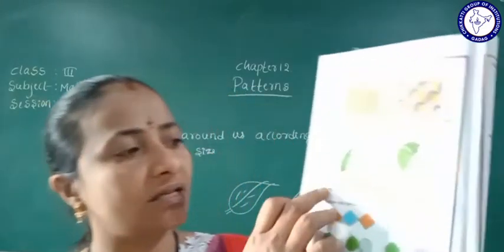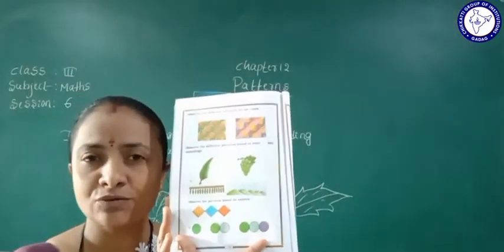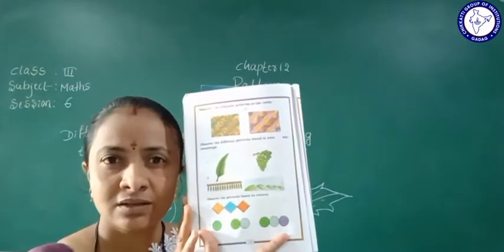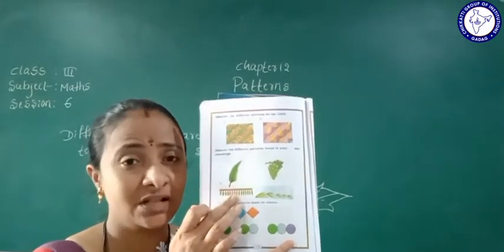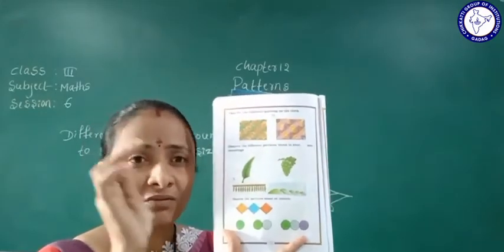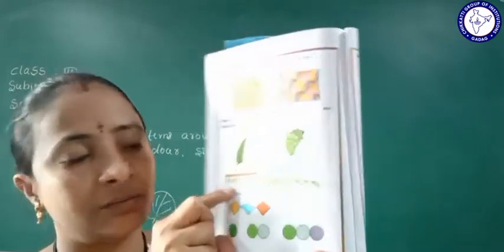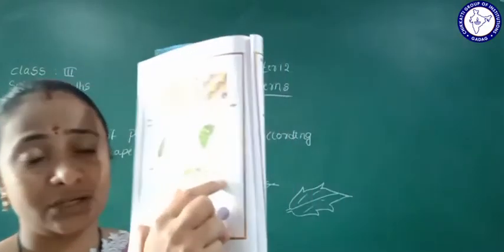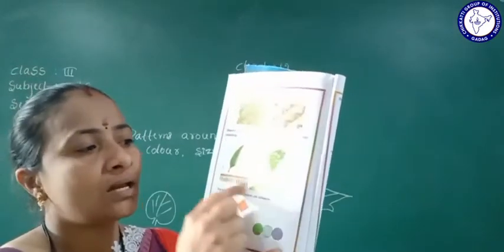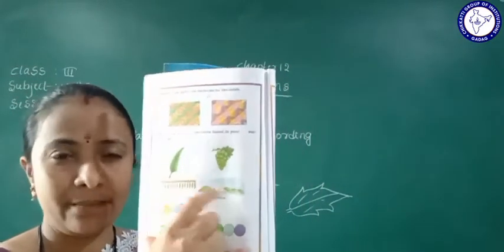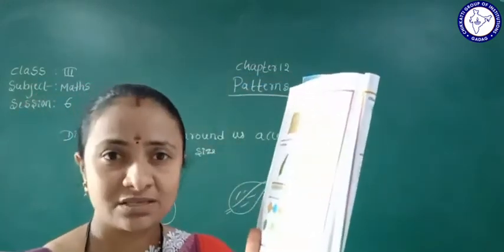Yes, so you can see here they can be used to make a toran. Which leaves are we using to make a toran? Yes, that is mango leaves. So in festivals we put it on the door. So here we are using this toran, and the hills look so green. Yes, so we can see these all are the same color, but the size is different. It means the shape is different.